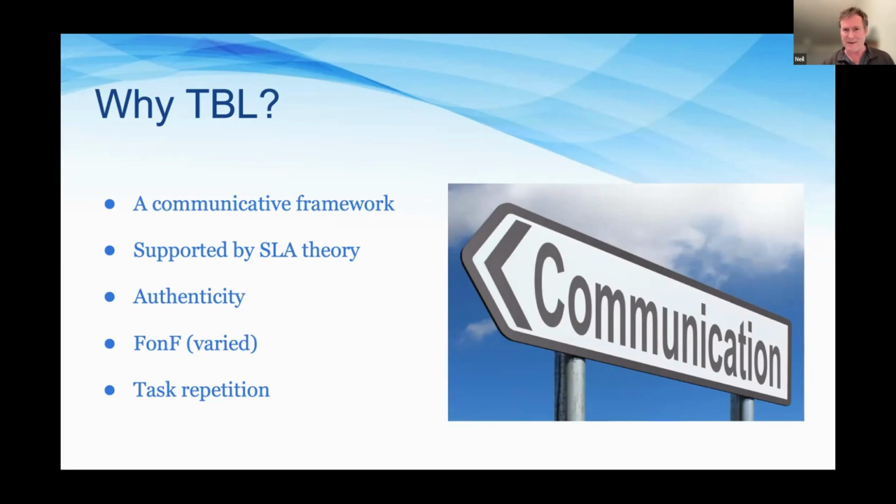And finally, in task-based lessons, the task gets repeated, and research has shown that that's good for accuracy and complexity of students' language when they get another go at doing something. And also, of course, it's very good for fluency.